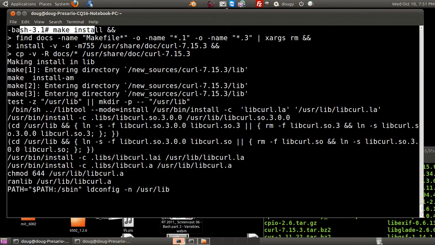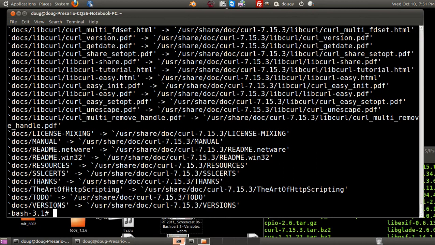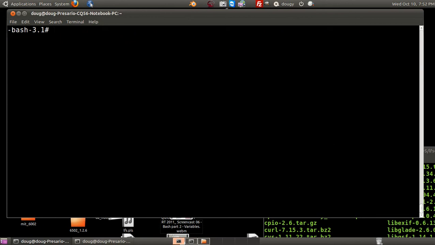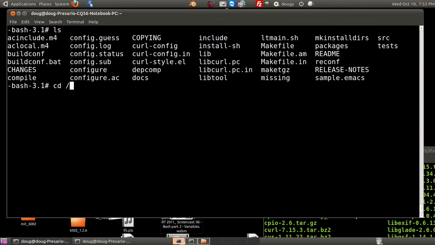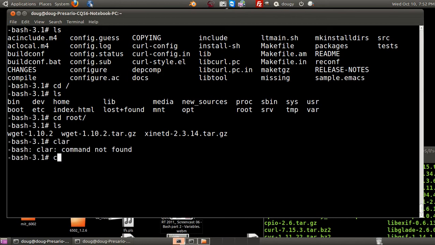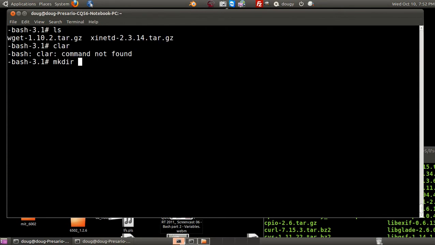Okay, alright, and this is not even going to take long. Now we have curl. Can we say curl? Got curl, see? You can just type out the first few letters and hit tab, and it's going to show you what's going on. So if we cd into root now, wget is gone, so we can remove the wget extracted folder,